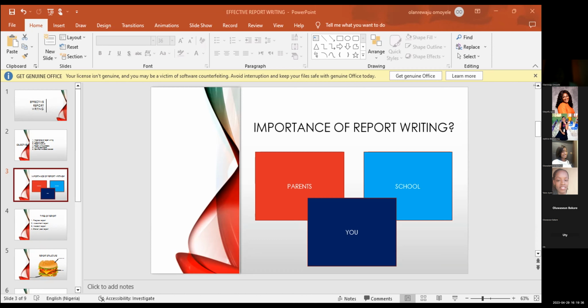Those reports are what will make up the end of term reports, and it's also what keeps you informed as a teacher. You can also use it to evaluate yourself and say, okay, this is where we are getting it wrong before it escalates, before it becomes full blown. This is where we are getting it wrong. Let us adjust, let us work towards that. It also promotes professionalism. It ensures fairness, accuracy, and objectivity in your report.